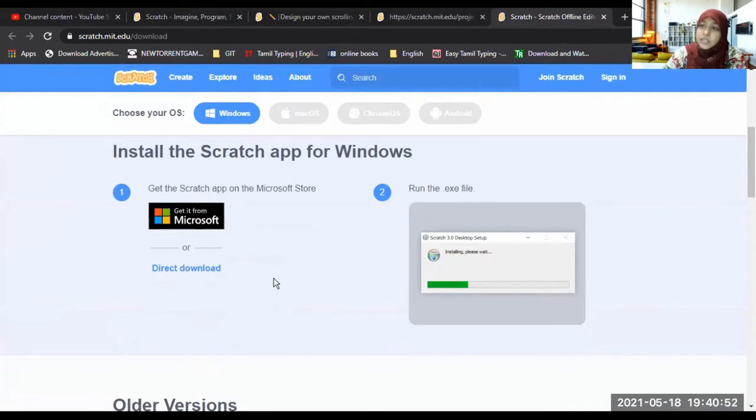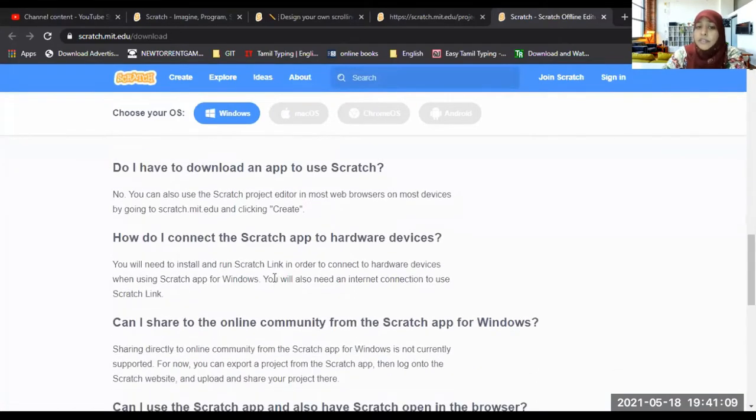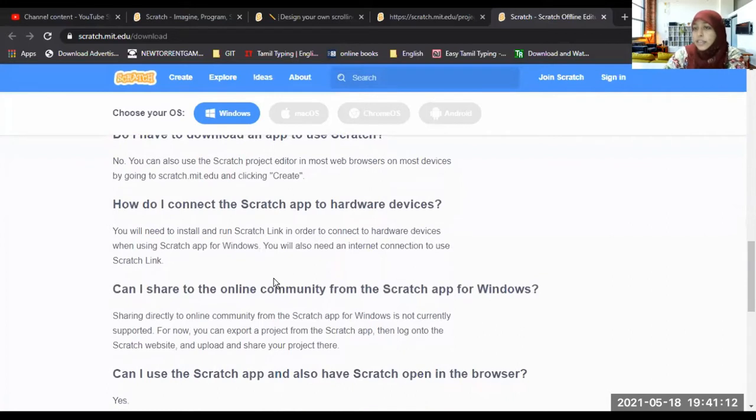The next question is, most of the students are asking me, teacher, can we download this on our phones? The Scratch software which we are learning in the book is not available for phones. We can't download it for the phone, and we can't make Scratch projects on the phone. There are some Scratch apps you can download on the phone, but they are not similar to the one in your book. I will show you a Scratch app downloaded on a smartphone, but it is not the same as in your book.